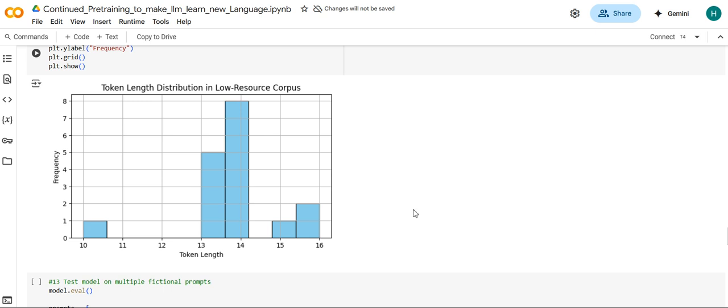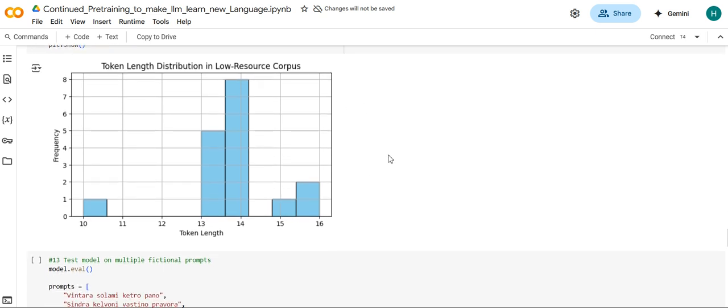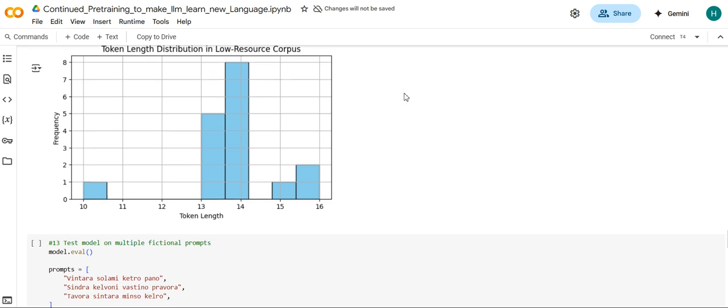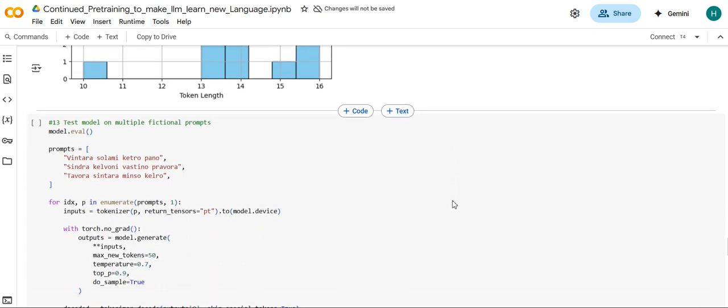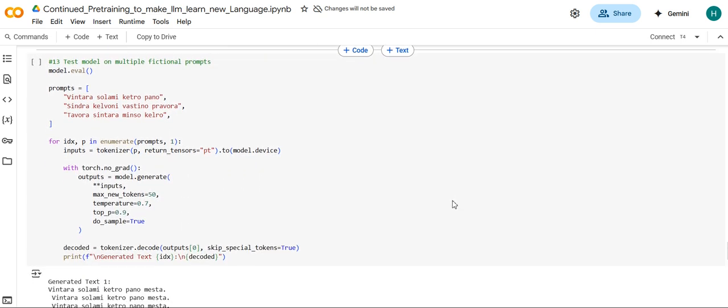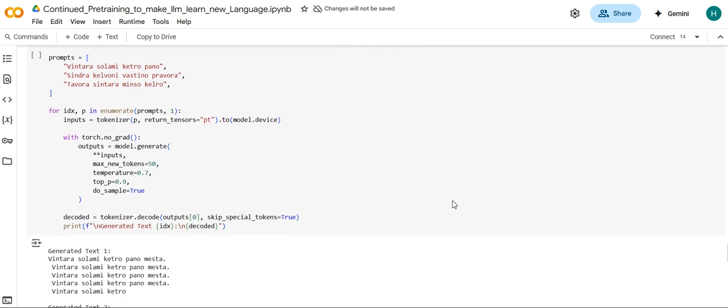And then we check how long our input sentences are after tokenization. This is helpful when planning training parameters like max sequence length. And then we're going to run a couple more examples to evaluate how the model responds to different